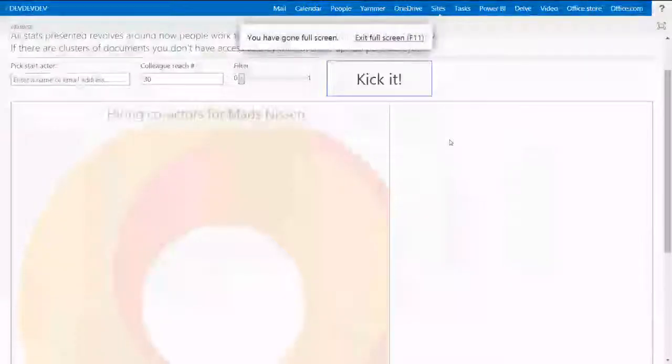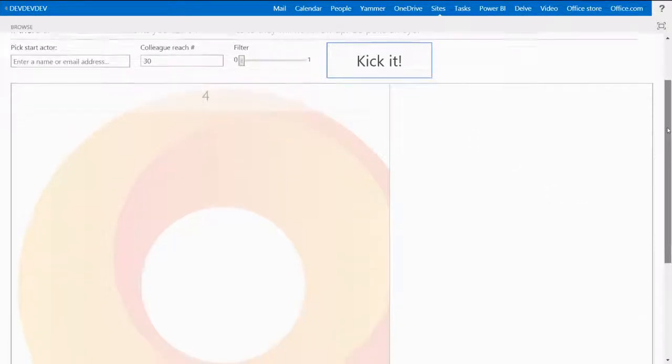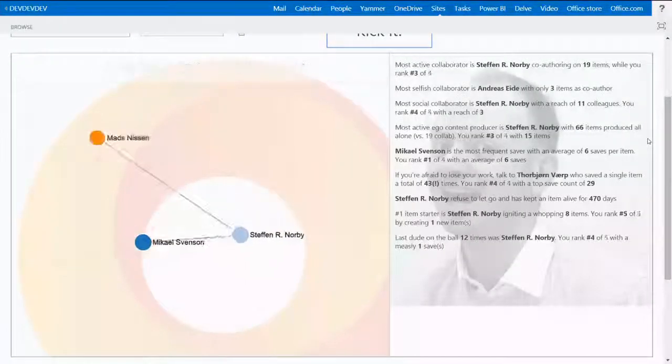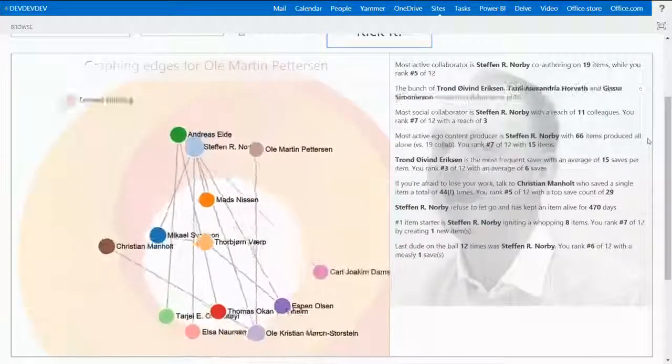Kick it. So now we're getting actors for me. So we're getting cast here, spreading the net. Get some external people as well. So things should start happening. Got a countdown. It's crunching all the data. It's hard work. The browser is hard at work. And things are starting to happen, right? Woo. Hey, did you write that?